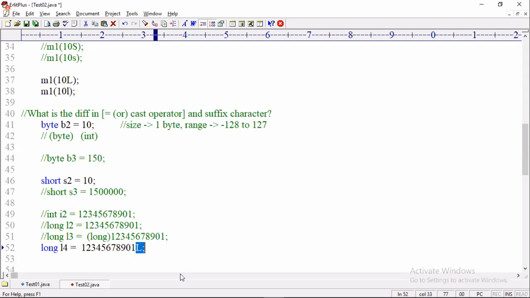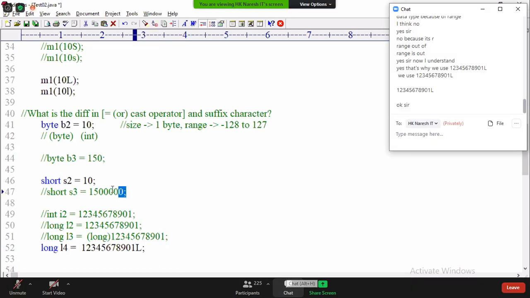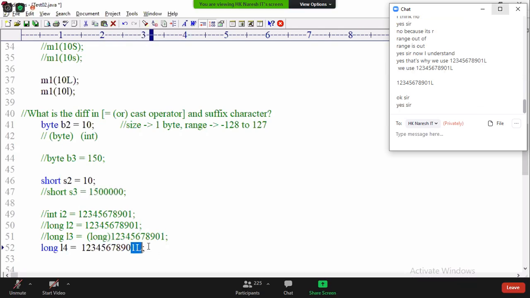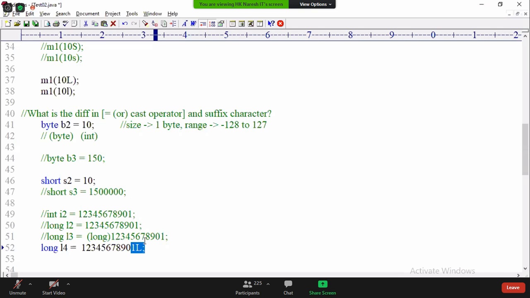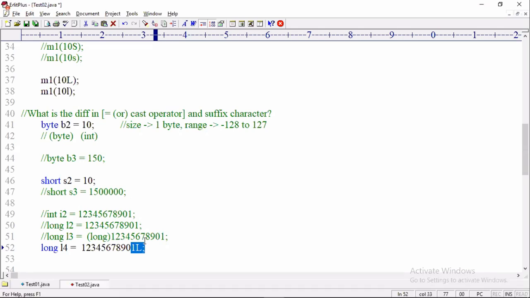This is a very tricky point; you need to pay attention. Got clarity? So assignment operator converts, cast operator converts, but the suffix character does not convert. It itself tells what the type is. There is no conversion here. This number is not an integer number; this number is long.